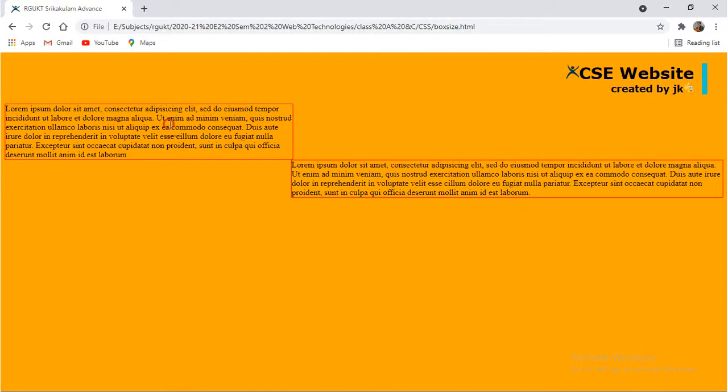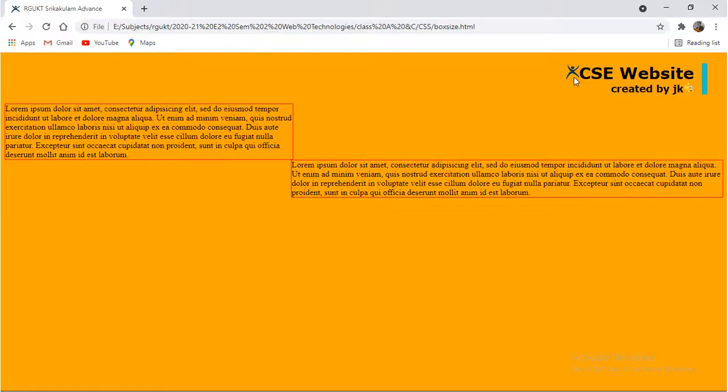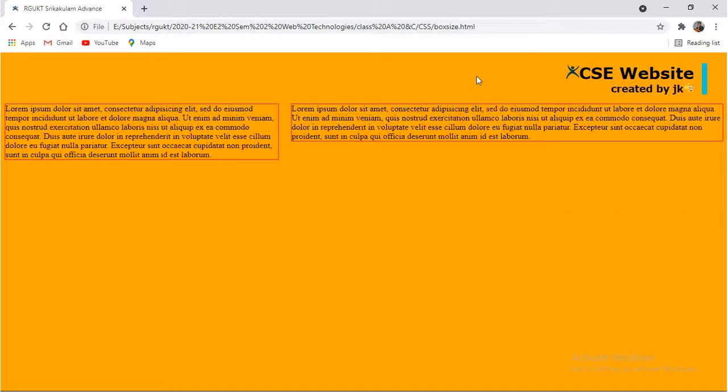Because the left side panel is 40%, this is 60%, and in addition to this 40%, we are going to add the border also. How much? 2 pixel. So 40% plus 2 pixel plus 60% plus 2 pixel is the width we require, but here only 100% is available. So what I did in the previous classes is try to reduce this to 38% or like that, so that you can visualize it in a single stretch to the left as well as right side.